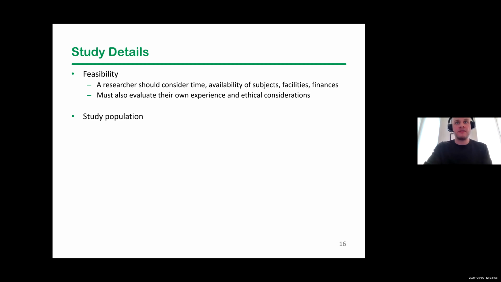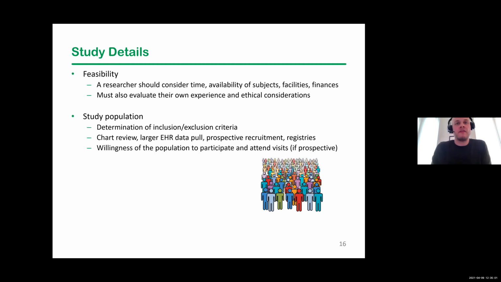Another thing to think about is the study population. I've hinted at this a little bit, but as statisticians, we can help you think through some inclusion and exclusion criteria. Typically in our research, we want good homogeneous groups of people, and when you have homogeneous groups of people or patients or whatever it is, you're really isolating what you can say about the relationship between your exposure and your outcomes. If you have a very heterogeneous group of patients, it makes it harder and it can muddy the waters with respect to the conclusions you want to make.